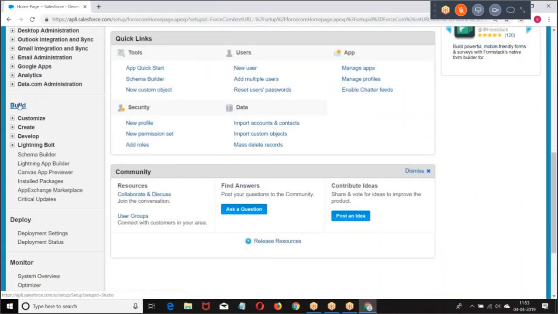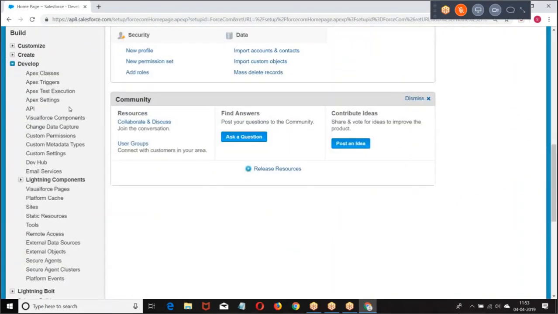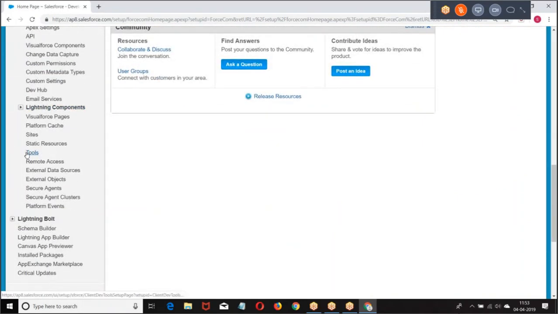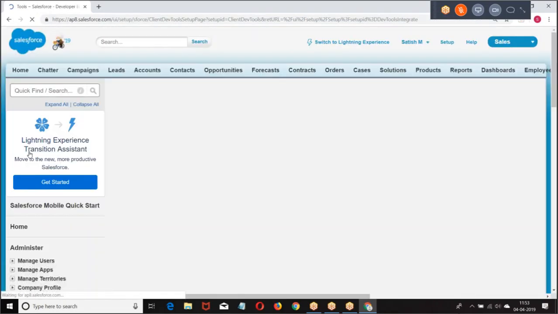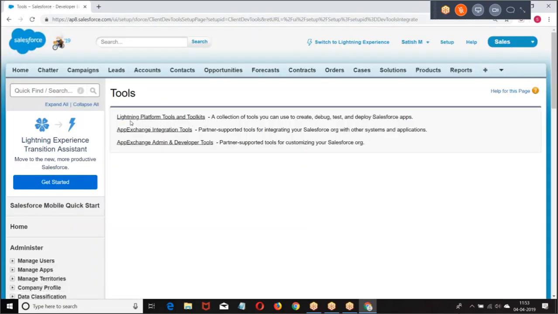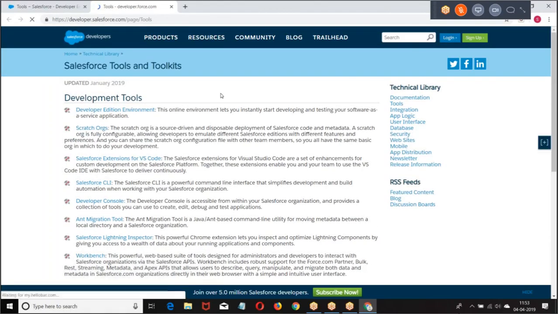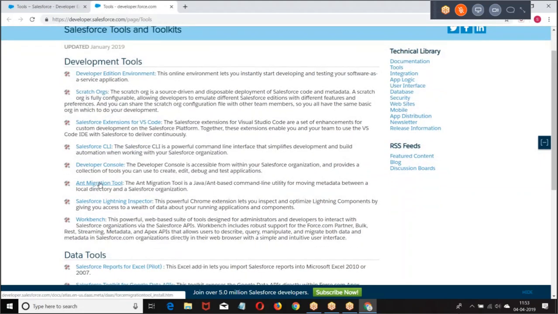Then we have build, develop, tools, Lightning Platform tools, then we have ANT migration tool.